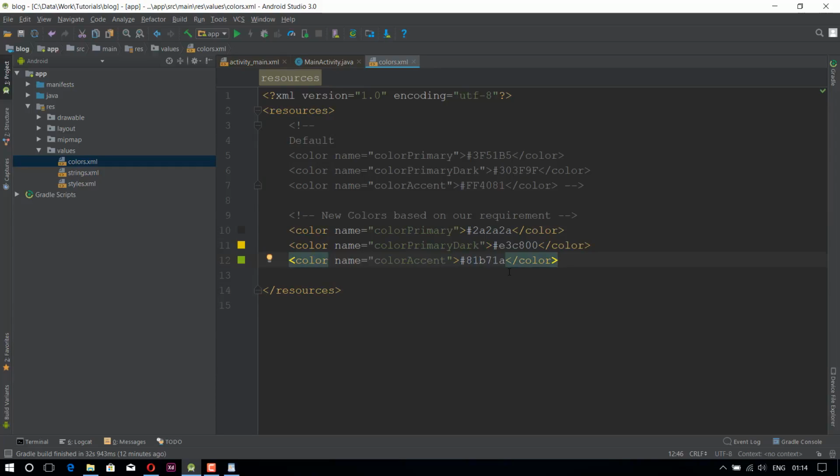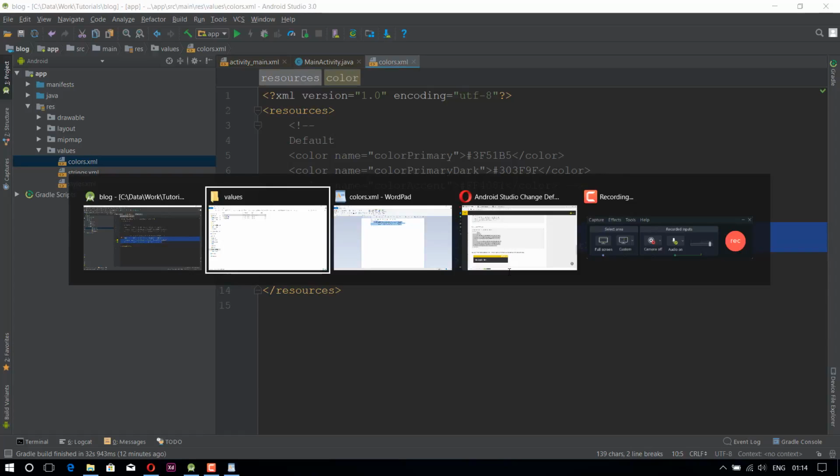So now the color primary is 2A2A2A, color primary dark is E3C800, and color accent is 81B7A. These changes are right now only in the Android Studio colors.xml file. I want to copy these changes into our